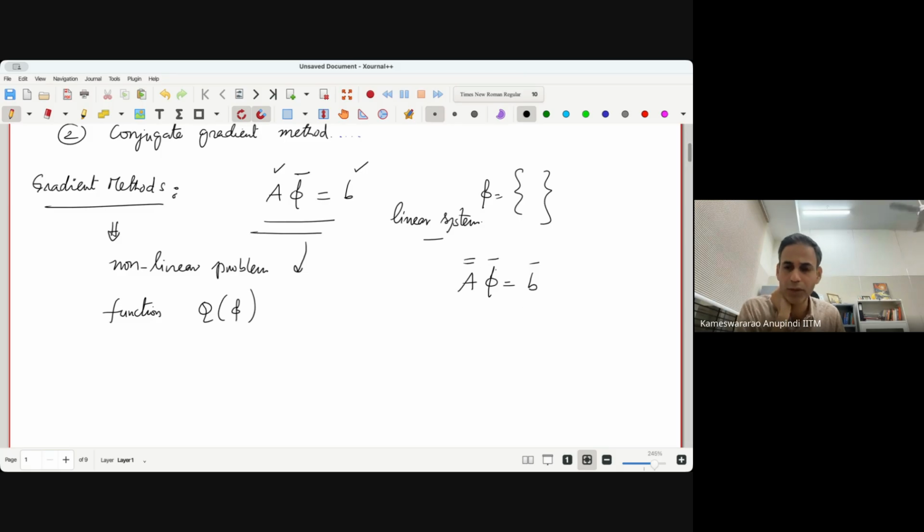If I were to denote it using one over bar for vectors and two over bars for a matrix, we know that this is a vector, and A is a matrix. Similarly, p is a vector, and Q is a function of vector quantities. So Q is also a vector, a function of vectors. I will not use the over bars, but from now on, whenever I write Q of phi, we are talking about